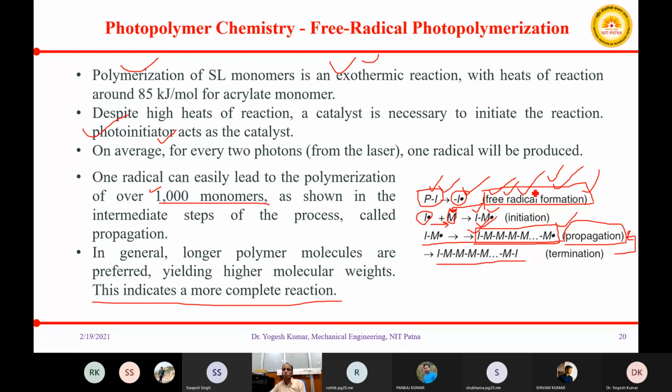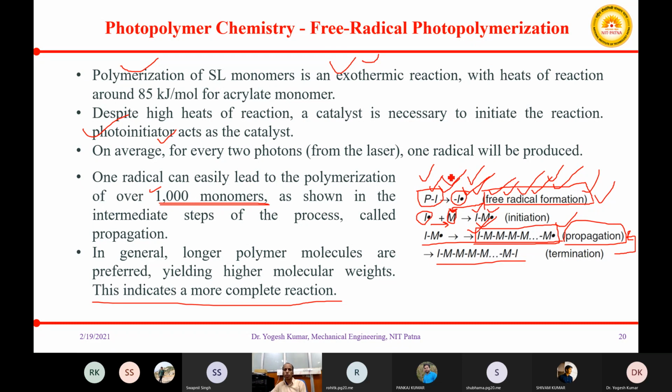So the first step is you expose your SL resin to ultraviolet rays. As soon as the photoinitiator comes in contact with the UV laser or UV rays, a free radical is formed, and one free radical can lead to polymerization of 1000 monomers. But obviously, for continuation of this polymerization, creation of free radicals is required, and for creation of free radicals, what we need